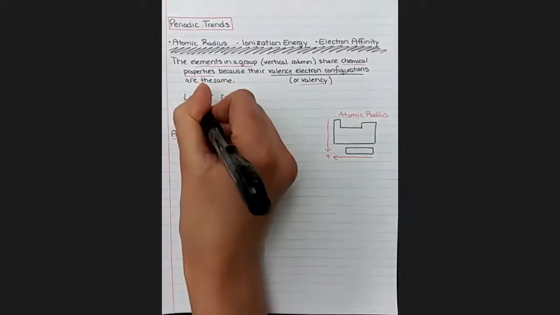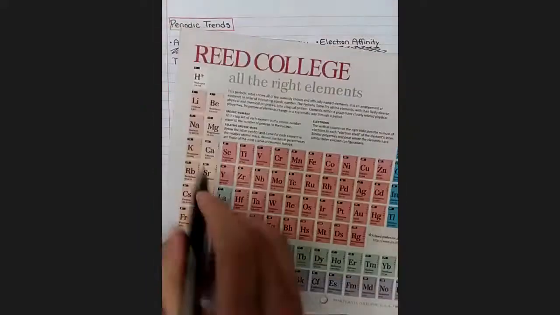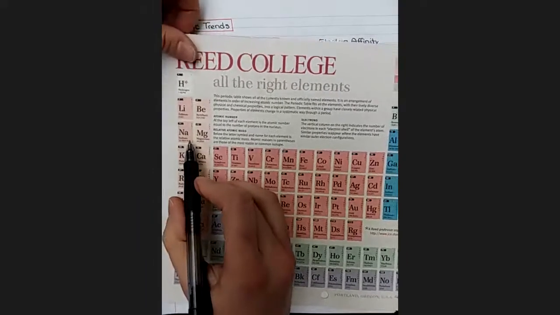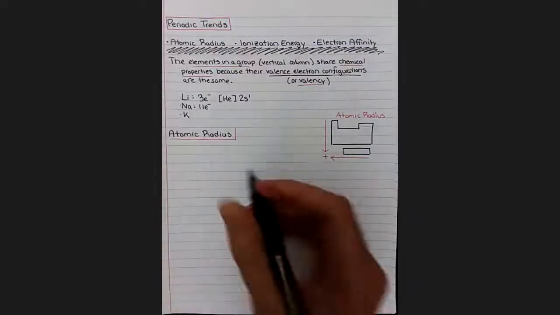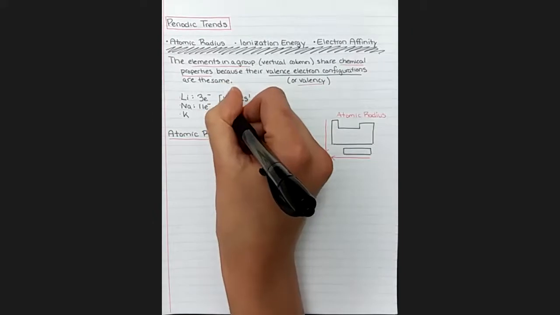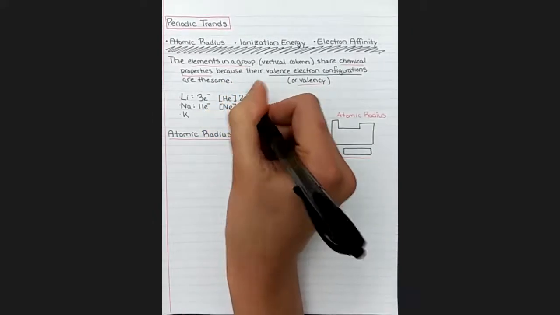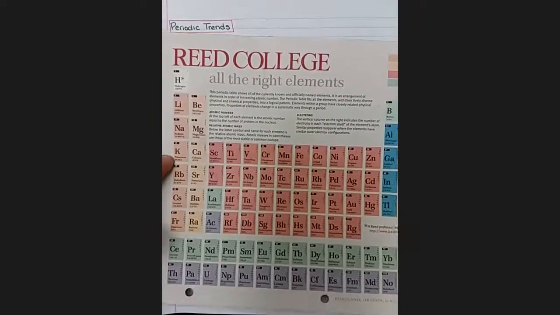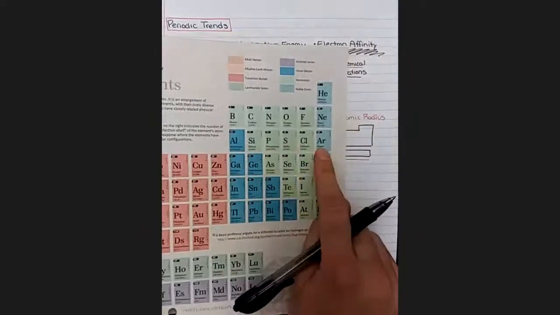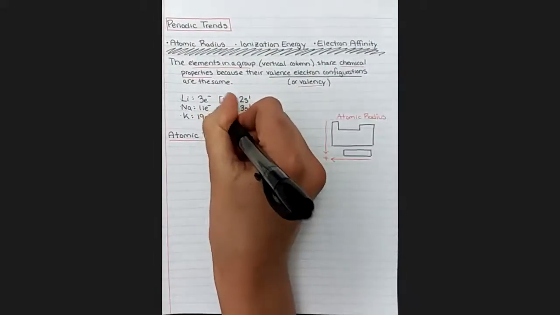Sodium is the next one down with 11 electrons. Right here, it's the first one in period 3, and so it is the first one after the noble gas neon. So its electron configuration is neon 3s1, and potassium with 19 electrons is the first one in row 4, and it comes right after the last noble gas in row 3, which was argon. So we can write it as argon